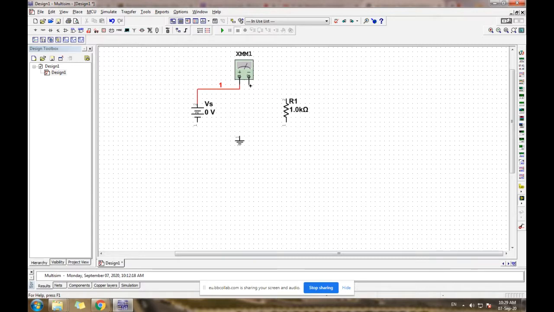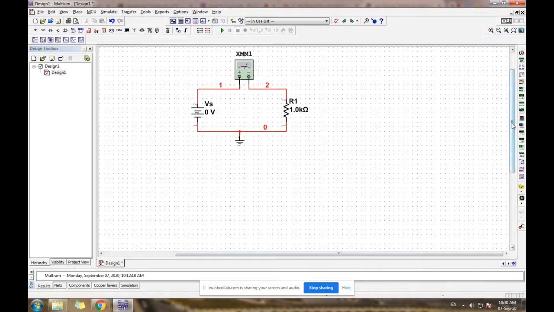Similarly, from here it is connected to the resistor. So click it, drag it and make the connection. From here a plus sign appears, click, drag, make the connection. Same from here: when the plus sign appears, click, drag, make the connection. You can move the connection up and down also. If you click this, some node points will be shown, so using the arrow you can move up or down as you like.